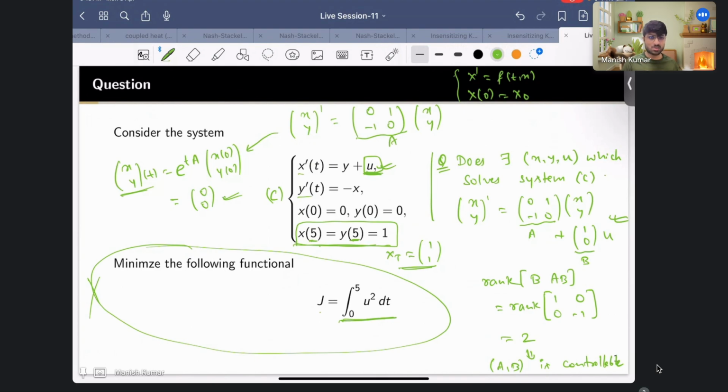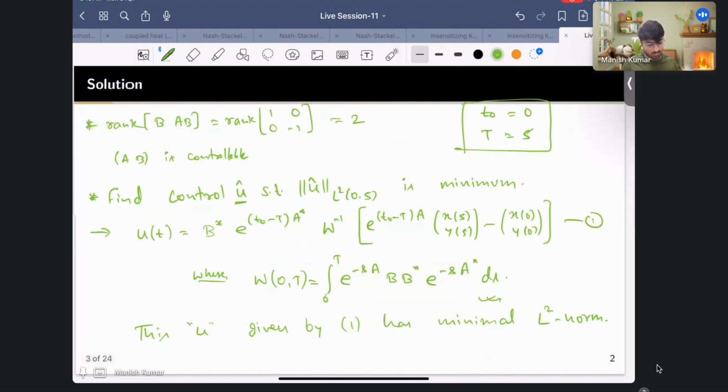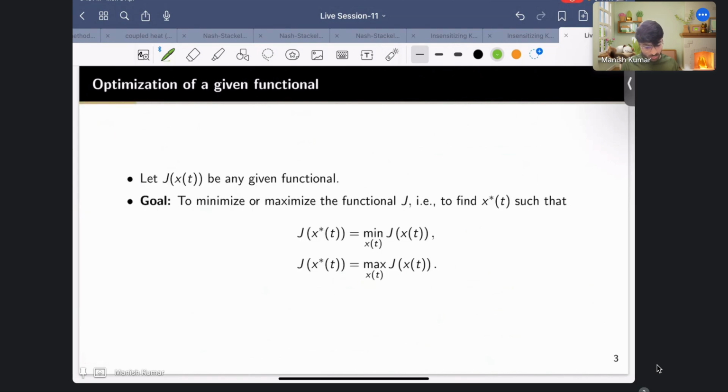So that would be the general question that we would be addressing. This was something that you already knew, and now we'll start something new. Our goal is that suppose you have a functional J. As of now, let's not talk about the control system. Assume that you have a functional given to you, and the goal is to find the maximum or minimum